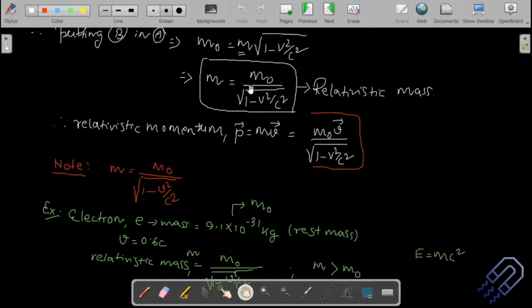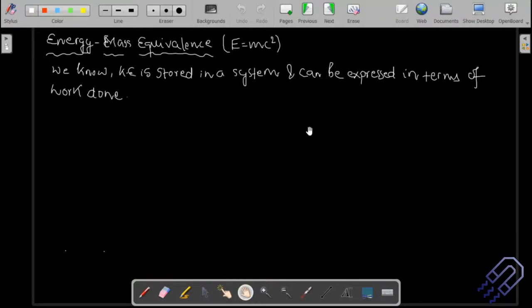This is what we have derived in the last class. We have found the relation for relativistic mass: relativistic mass is equal to m naught divided by root over of 1 minus v square by c square. This is the relation for momentum, and if you put in the relativistic mass, you get the relation for relativistic momentum. Now today we are going to find the relation of energy